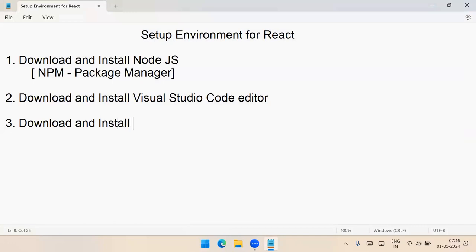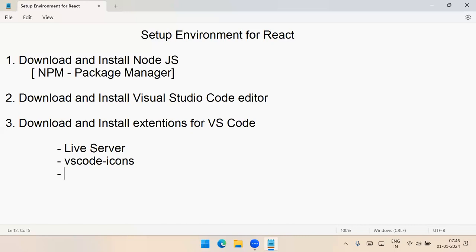Download and install extensions for VS Code. Like we need a live server extension to run our projects because we test our projects on a server. And VS Code icons. Another one is IntelliSense for CSS class names in HTML. These all will be helpful for you. You can download these in